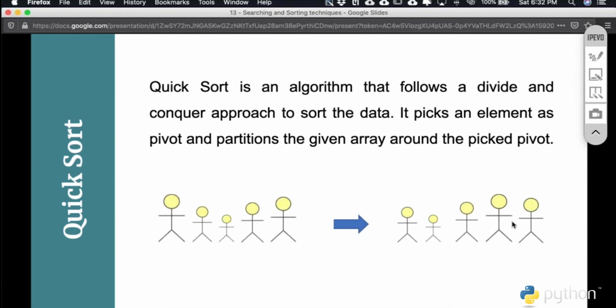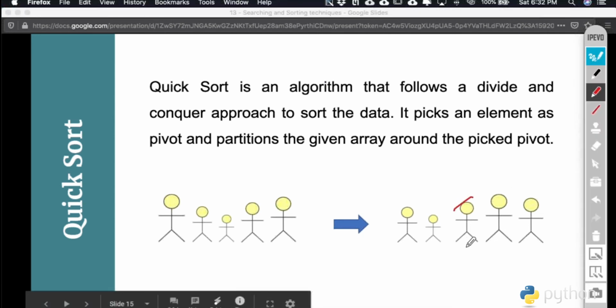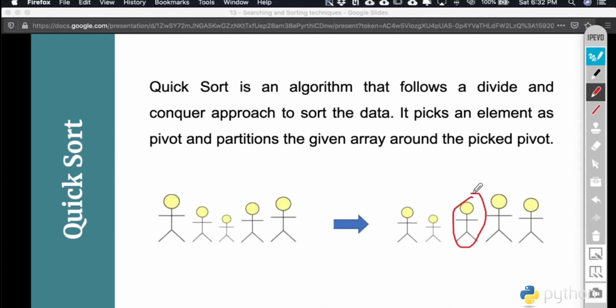Or the same pattern: you can see that if I ask some students to arrange in a line, any one of them can assess his own position. Like this particular person has assessed his position, and he directly goes to that position and stands up. He leaves out the others, meaning he does not care about others and their positions, but only looks at what his height is, and as per my height my number should be the third number.